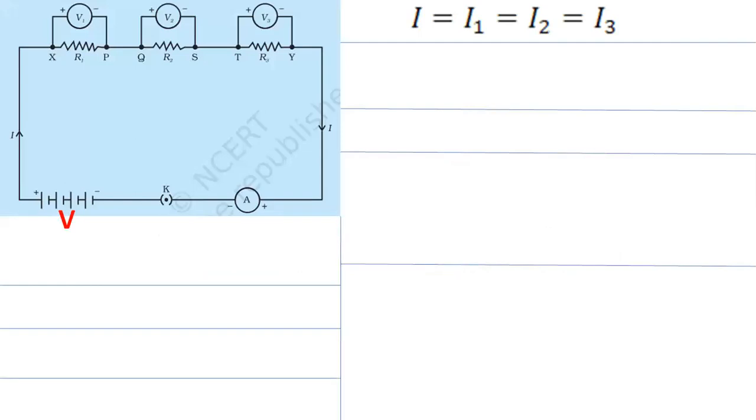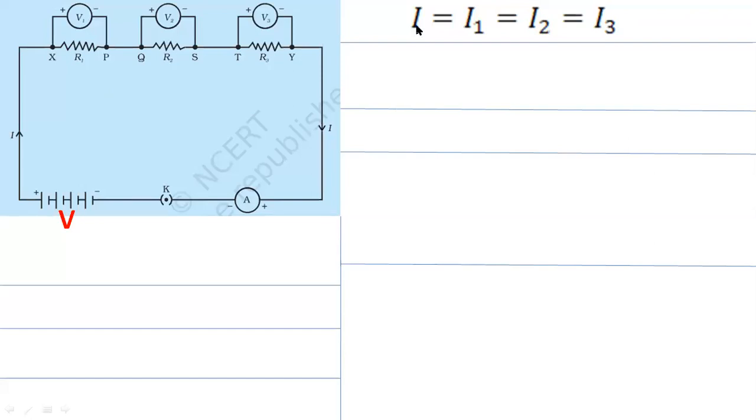So first thing what we are going to do is we are going to draw that circuit which is given in that activity. Now we already know that whatever the values which are going through R1 and R2 and R3, let us say current value is I1 here, then I2 and then I3 for resistance R1, R2 and R3. But you already know that current from all these things are same. ठीक है, तो current values for all these things are same, that is I. So let us say current from R1 is I1, I2, I3 and all these values are equal to I current.